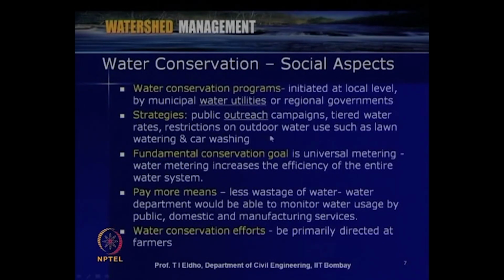Water conservation efforts are primarily directed at farmers, as we discussed in earlier lectures. Farmers use a major chunk of water, about 75 to 80% in India, and on a world average about 70% of fresh water usage is by farmers. So when farmers come to know that they have to use less water, or use water effectively,